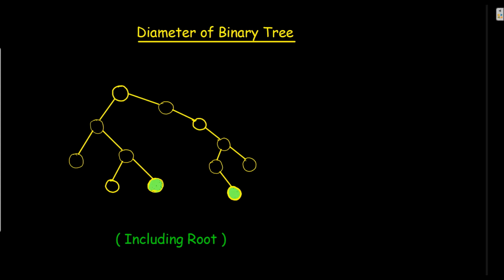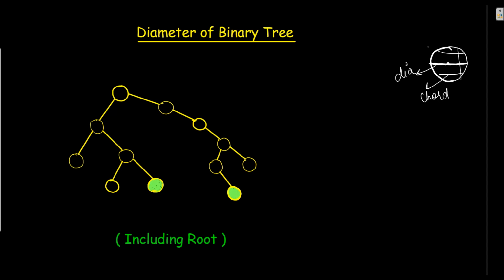Today in this video we will discuss the diameter of a binary tree. First, let us know what a diameter is. If we come across a circle, the line passing through the center of the circle is the diameter, whereas the other lines passing through it are called chords. Why am I saying this is the maximum line? Because it is passing through the center of the circle, it is known as the diameter.